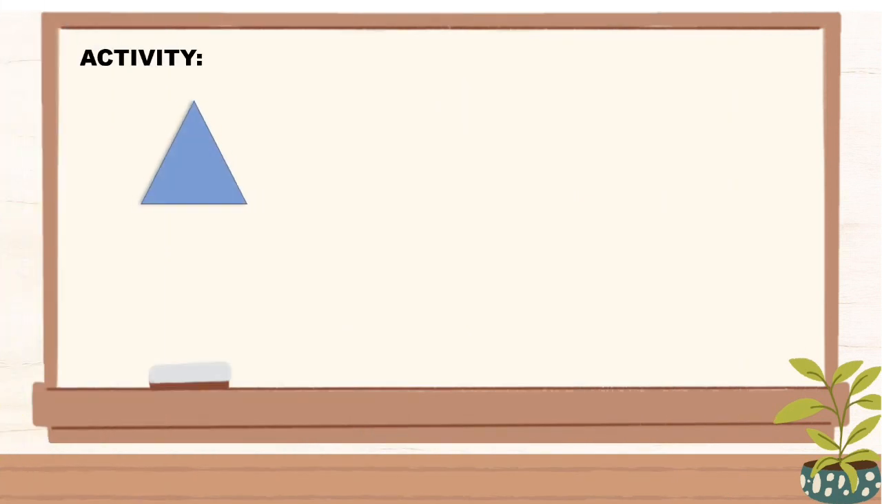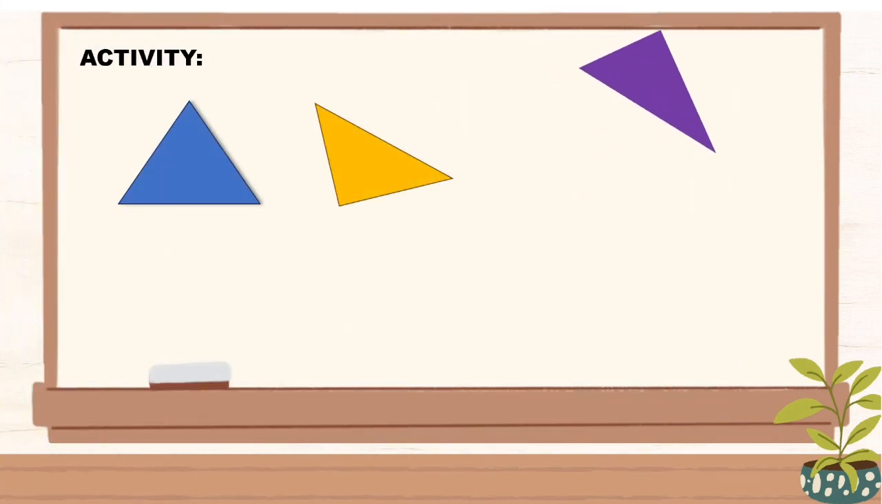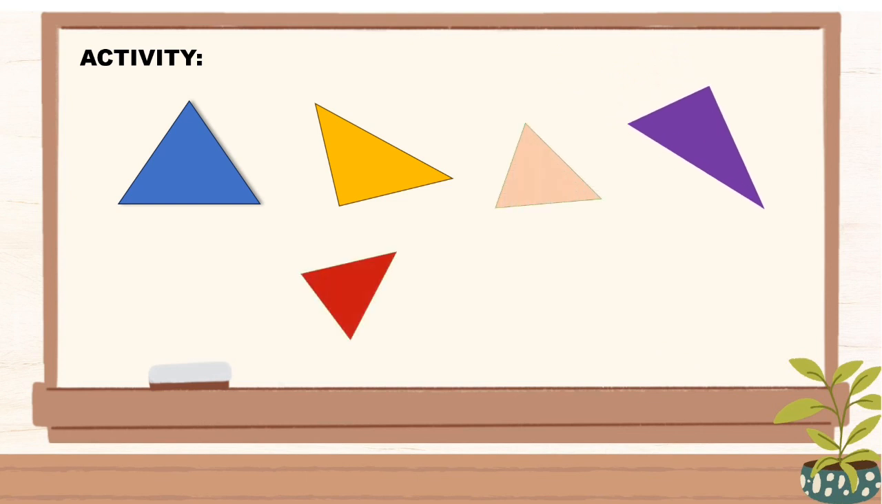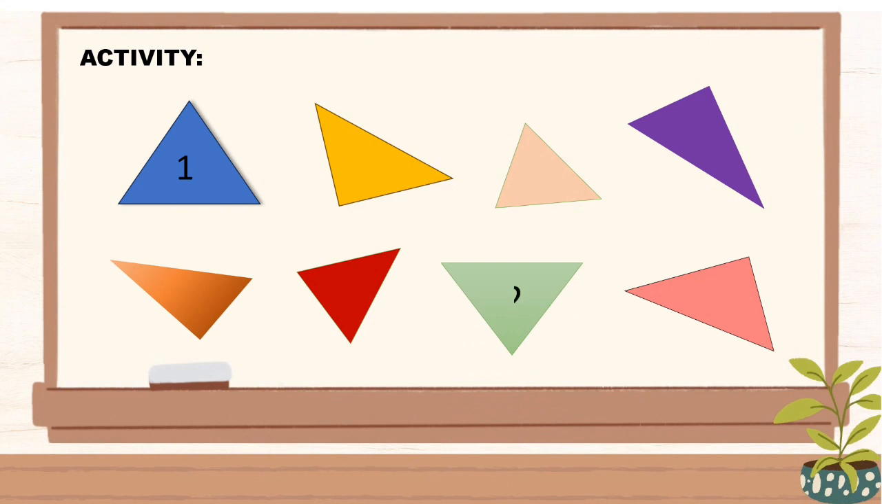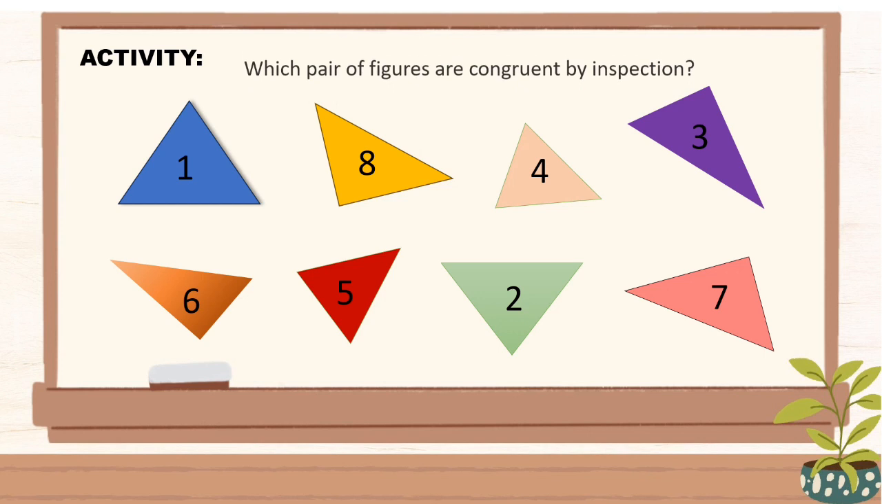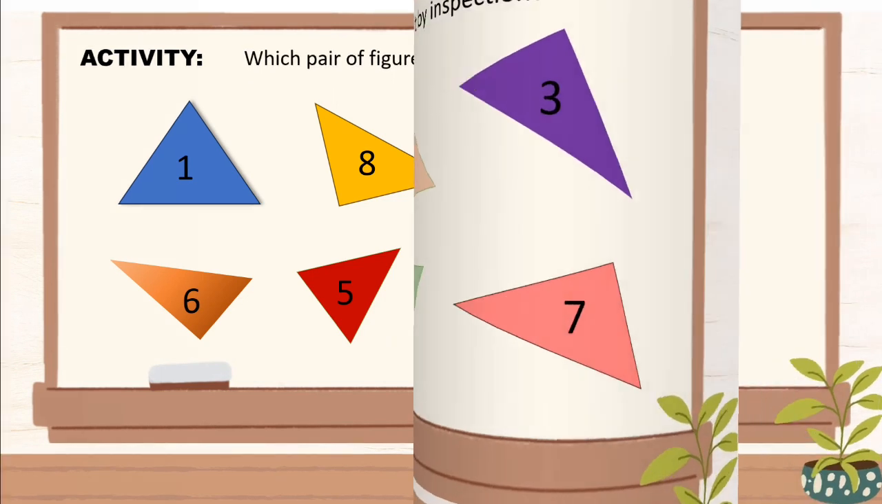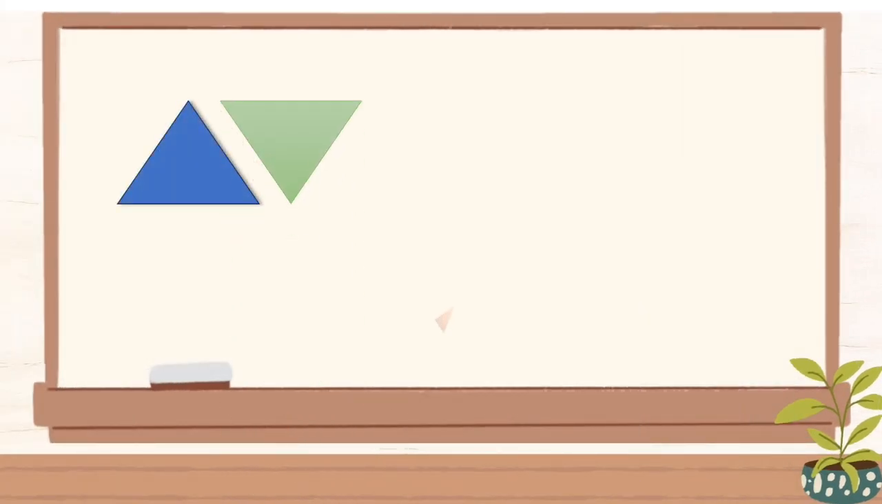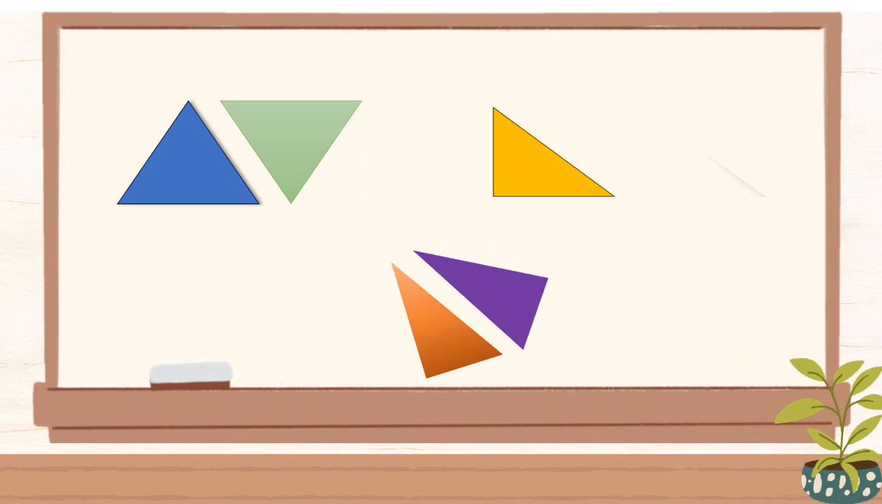Let's have first an activity. By the way, it is just a recall. I want you to identify which pair of figures are congruent by inspection. You may just say a number, so we have 1 and 2, 8 and 7, 6 and 3, and 5 and 4. Okay, now from this given pair of triangles, we can know that these triangles are congruent by inspection